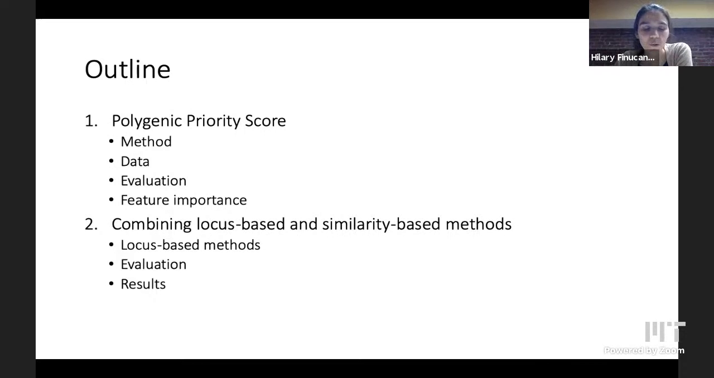And so what we want to do in section 2 is to look at how we can combine these 2 very different types of methods, and can we use that in particular to start to nominate genes with higher confidence than what we can do with individual methods. So